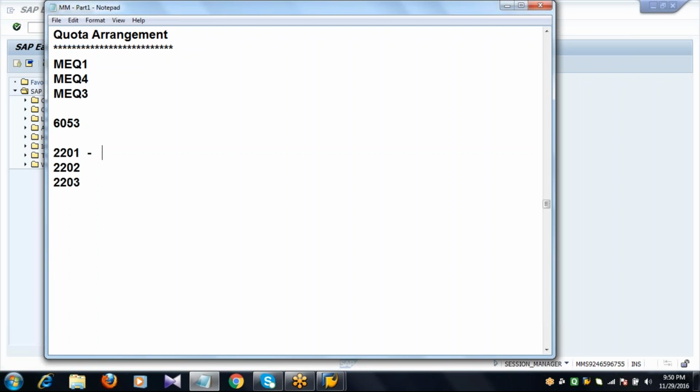Therefore, for this vendor, I am allocating to purchase a material of, let's say, 2 lakh kgs or 2 lakh tons of the material.